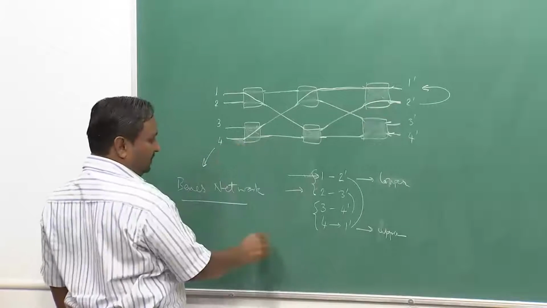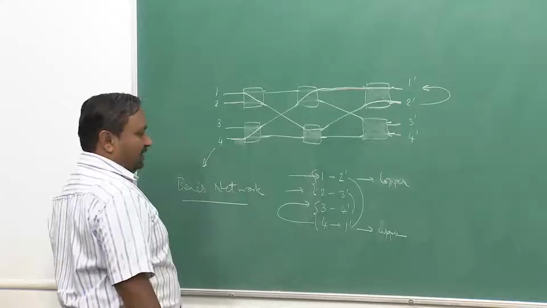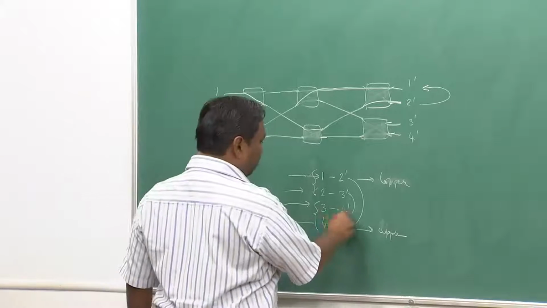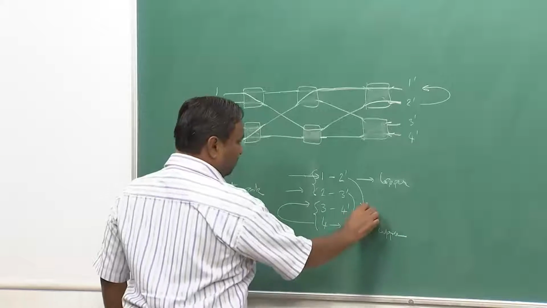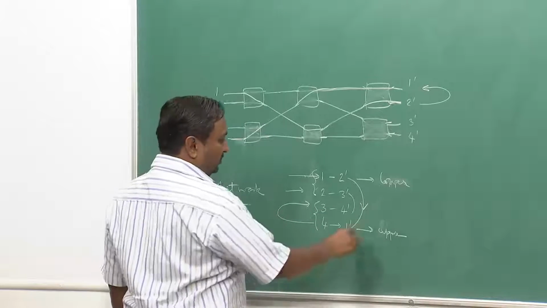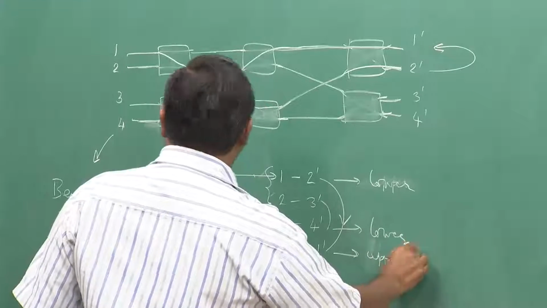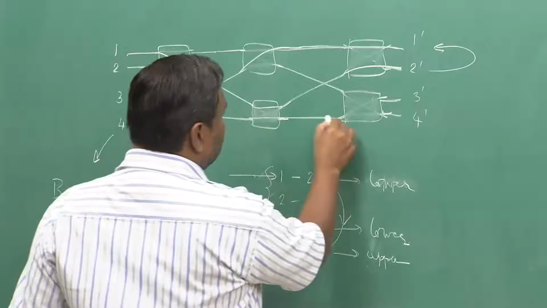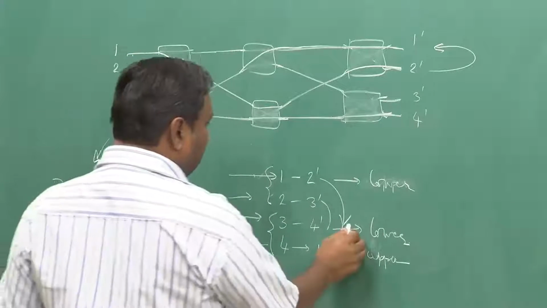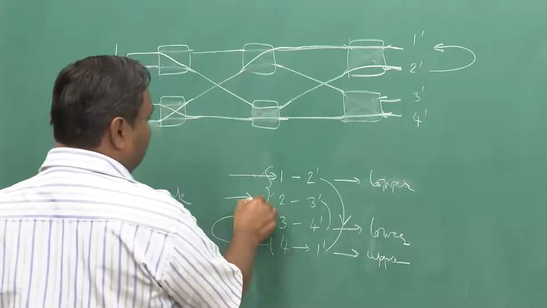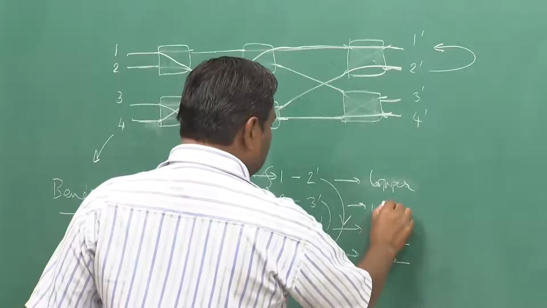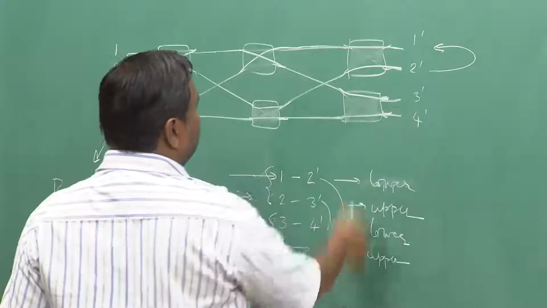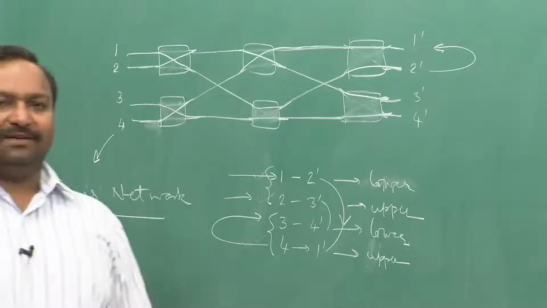So, I have come to 4. For the corresponding switch, the input in the same switch is 3. So, I should set up 3 to 4. Since I am going in the forward direction now, I should use the lower switch. So, I will use the lower one and connect to 4 prime, and now I should connect to 3 prime. I am coming back, so 2 to 3 prime has to be through the upper one. I will always be able to set up the path in this 4 by 4.